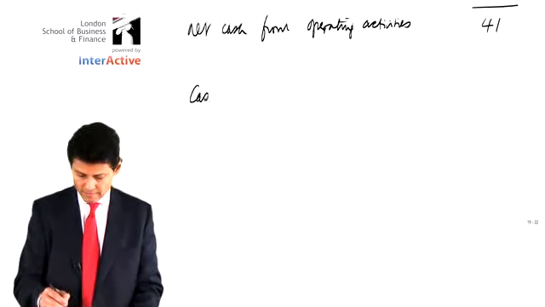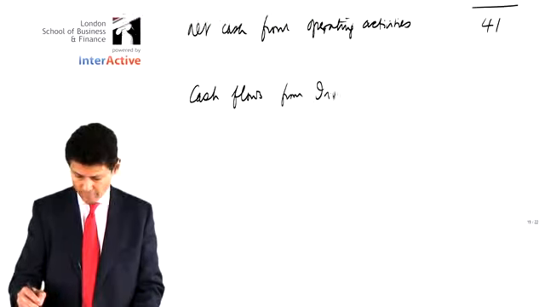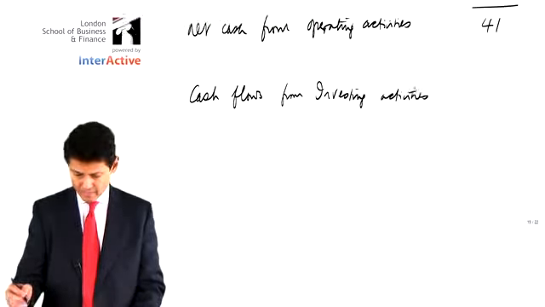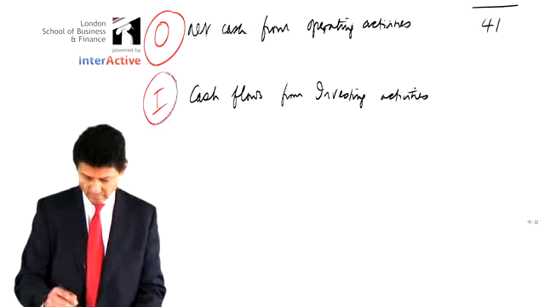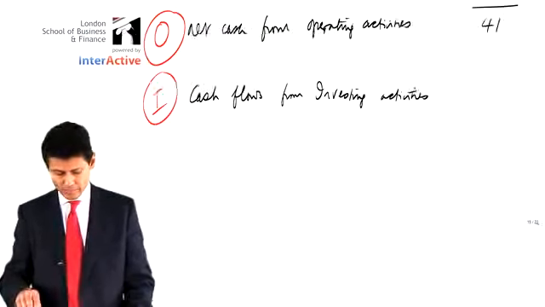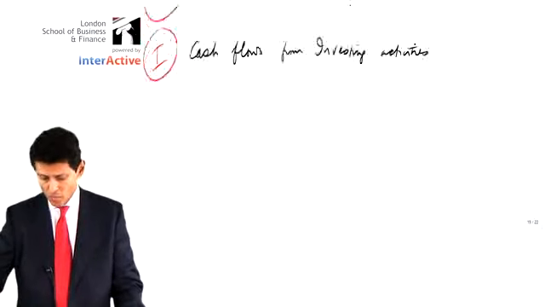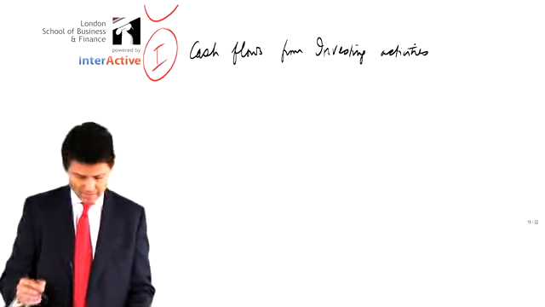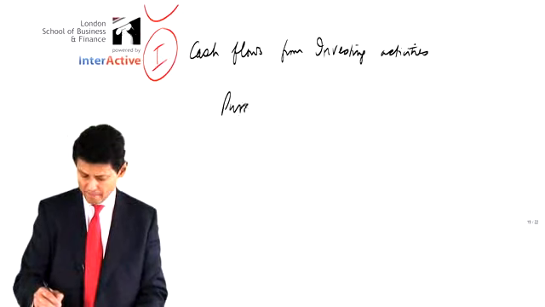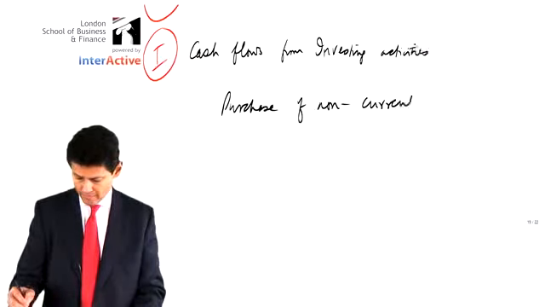Let's go for the next one. Cash flows from investing activities. So we've done our operating, we're now doing investing. And then in a few minutes, no doubt, we'll have financing. As far as I can see, the investing is quite a quiet category in this particular question. All that's happened is that you bought some non-current assets. So we're going to say purchase of non-current